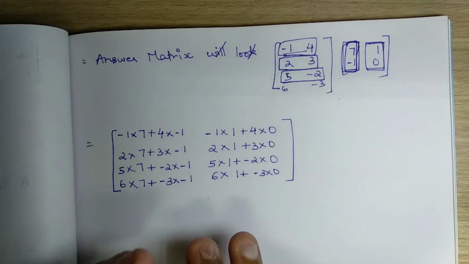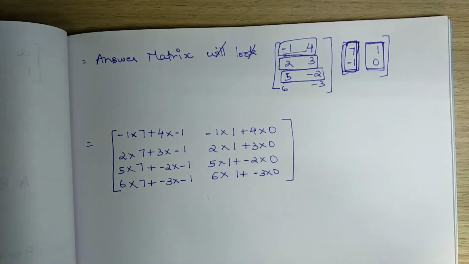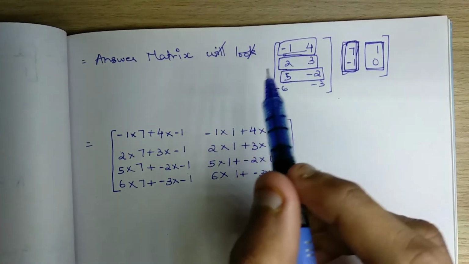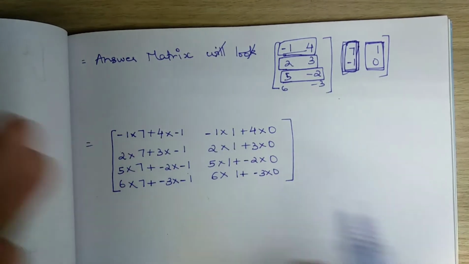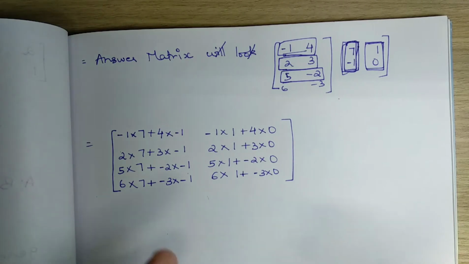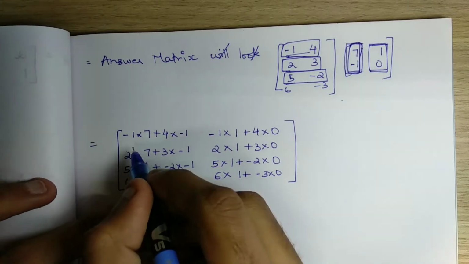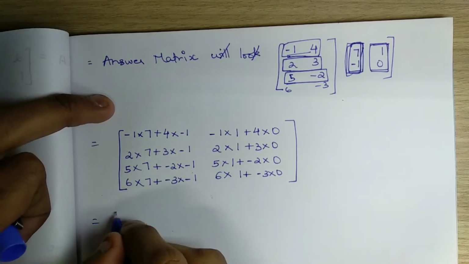So our matrix will look like this after we multiply the elements along the row of matrix A with the corresponding elements down the column of matrix B, and then add the results. So the answer will be